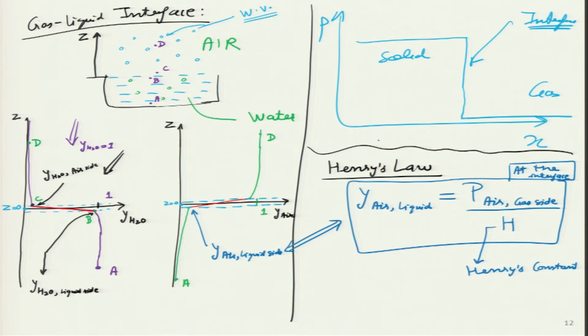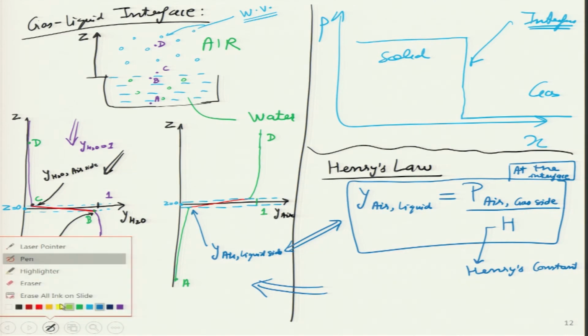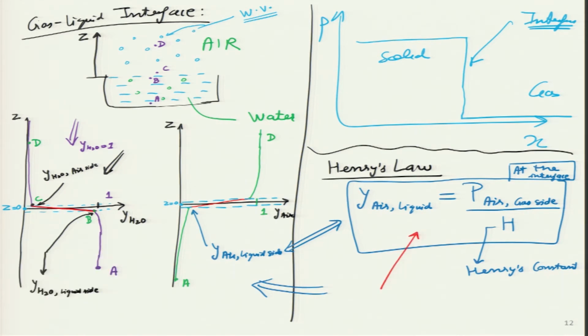So, this law will now tell us, if we look at this particular gas-liquid interface example over here, how much air can be dissolved in water directly from this equation. And a very interesting thing it is telling us directly is, if I increase the pressure of the air on the gas side, at this particular point. Usually this pressure is 1 atmosphere if we are at sea level.